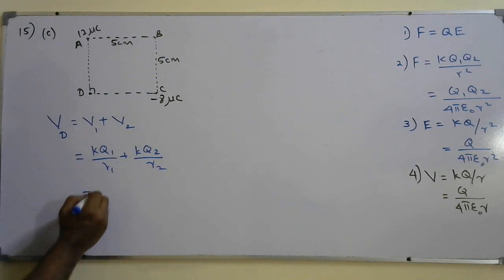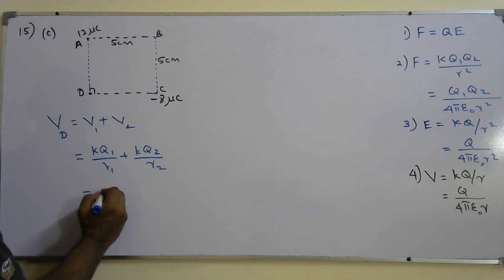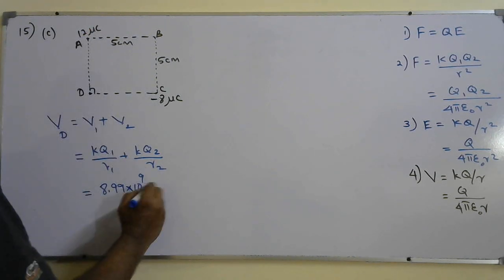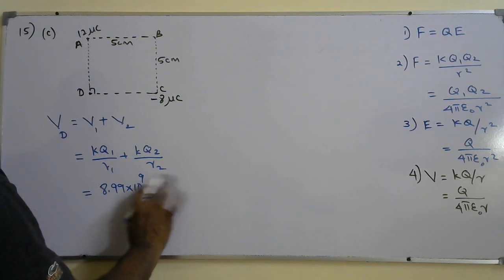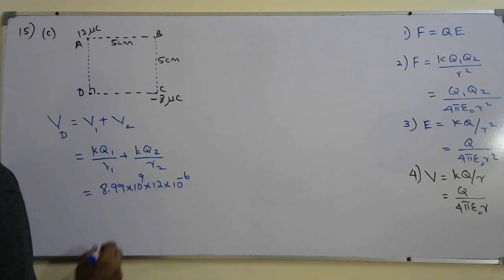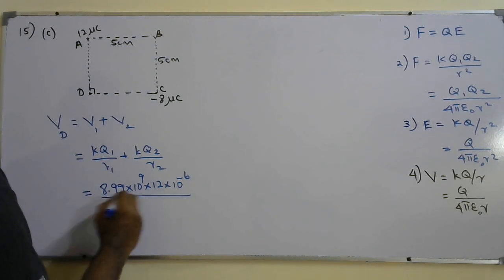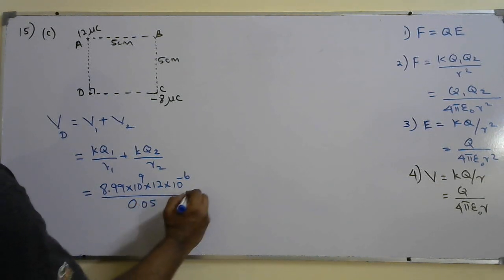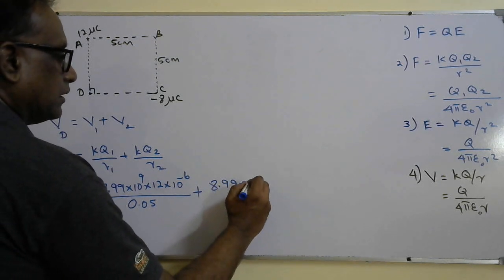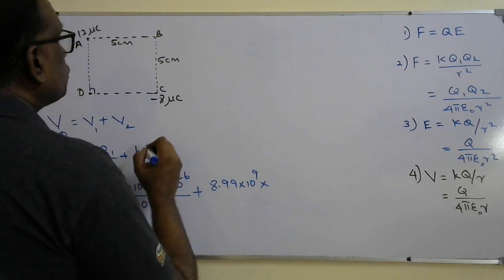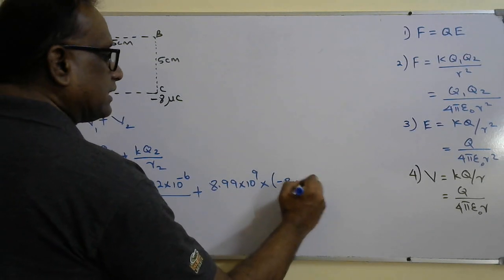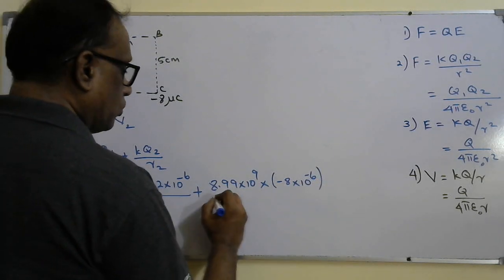Simply we can write, we need to include the sign of the charge. So that is 8.99 × 10^9, Q1 is 12 microcoulomb, so 12 × 10^-6 over the distance, which is 0.05, plus 8.99 × 10^9, Q2 is negative, so minus 8 × 10^-6 over